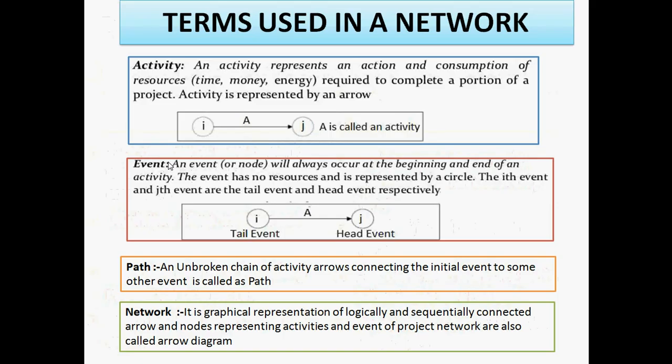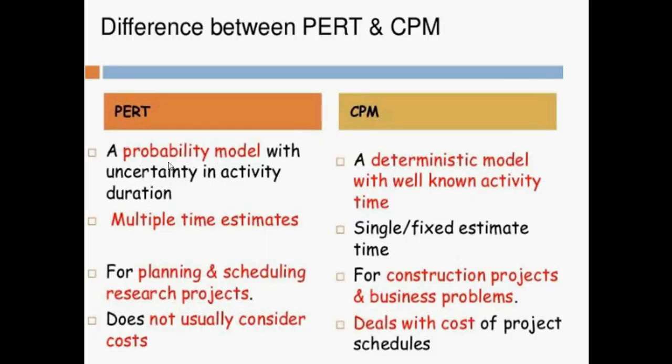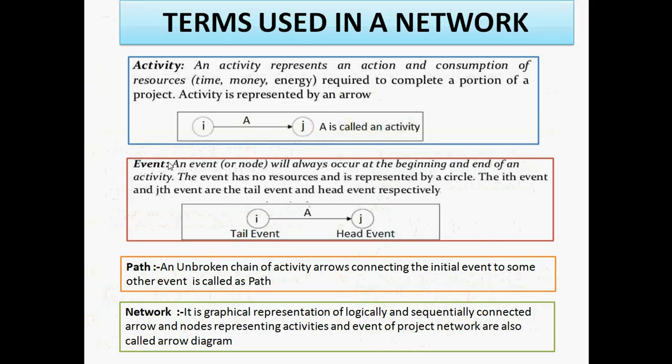Okay, so what techniques are used for large scale industries and small scale industries or small projects? PERT we can use for large projects. But in the case of CPM, the data is known to you, so then you can go for CPM. For example, we can use CPM in construction industries, and PERT is used for research type projects. At that time we can plan and schedule for completion of work within a time. So this is about CPM and PERT.